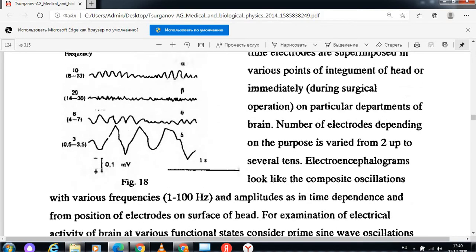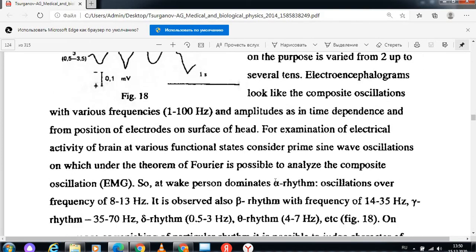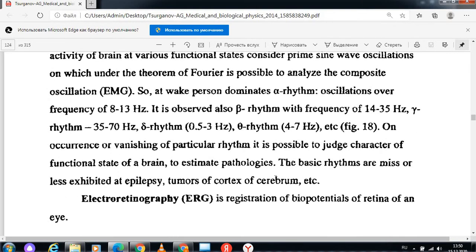So we have different types of rhythms of the brain working, types of the work of the brain of our organisms. But in the wake person dominates alpha rhythm, the oscillation with a frequency of 8 till 13